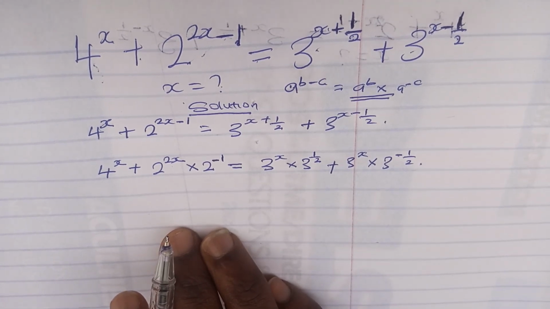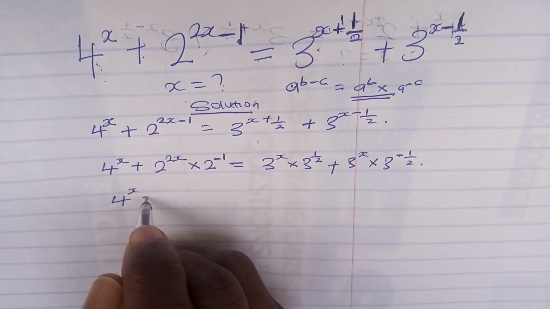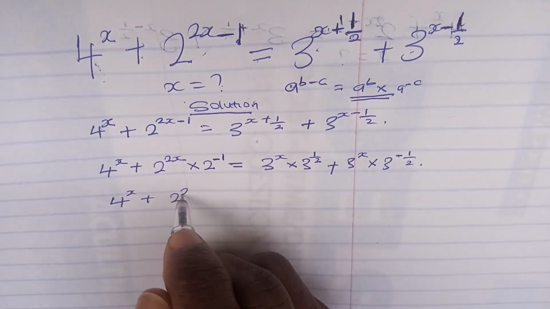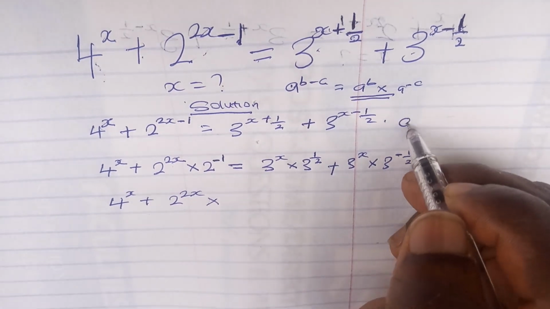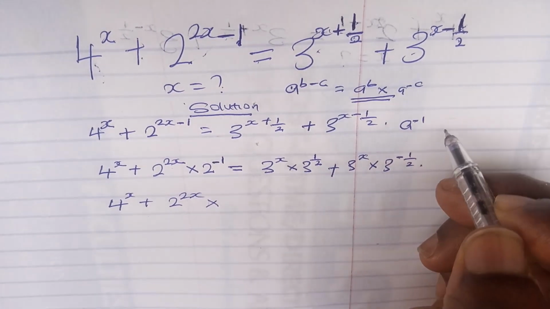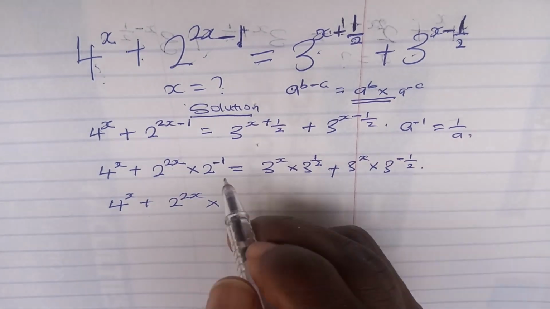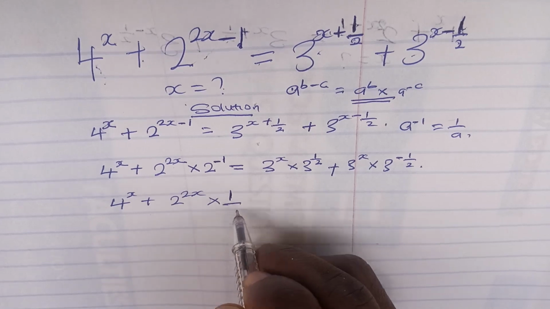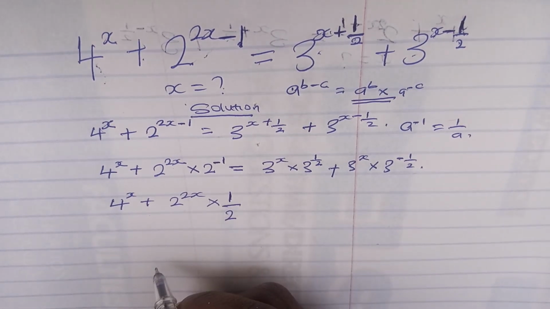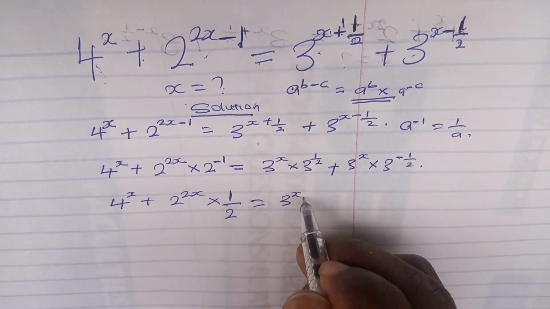Having done that, what are we simply going to do? We can write the question 4 to the power of x plus 2 to the power of 2x times, recall, if you are having a to the power of minus 1, it is also equal to 1 over a. So if we do that here, we can have this to be times 1 over 2, which is equal to 3 to the power of x times